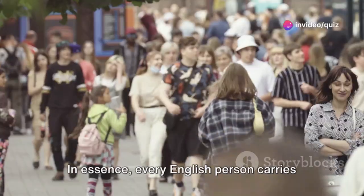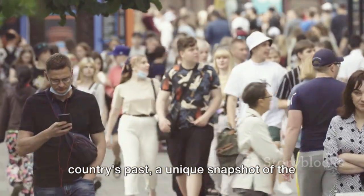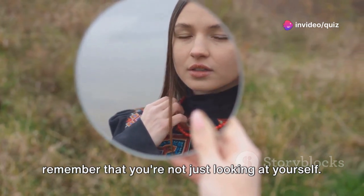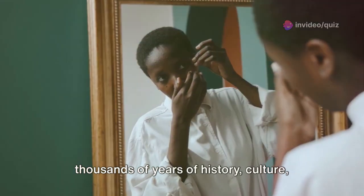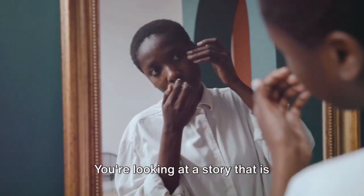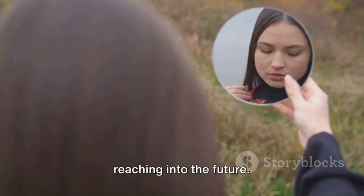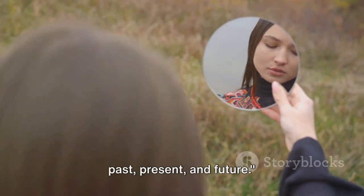In essence, every English person carries within them a living testament to the country's past, a unique snapshot of the present, and a blueprint for the future. So, the next time you gaze into a mirror, remember that you're not just looking at yourself. You're looking at the culmination of thousands of years of history, culture, migration, and evolution. You're looking at a story that is continually being written, shaped by the past, influenced by the present, and reaching into the future. English DNA, much like the country itself, is a fascinating blend of the past, present, and future,